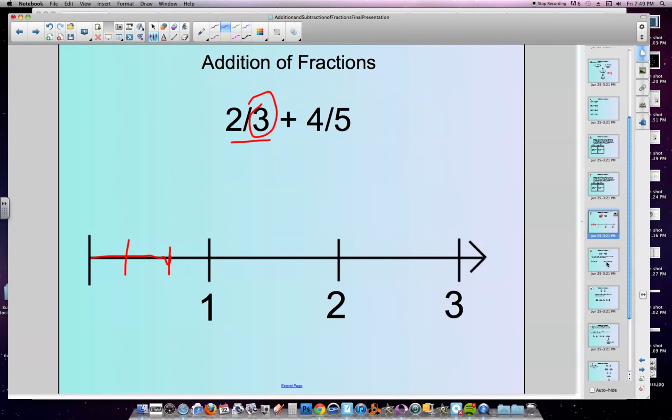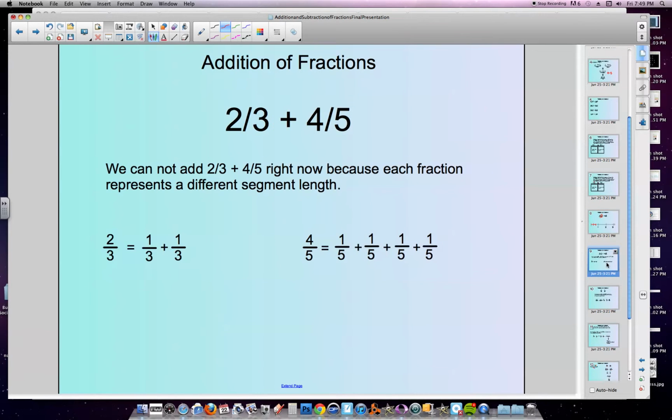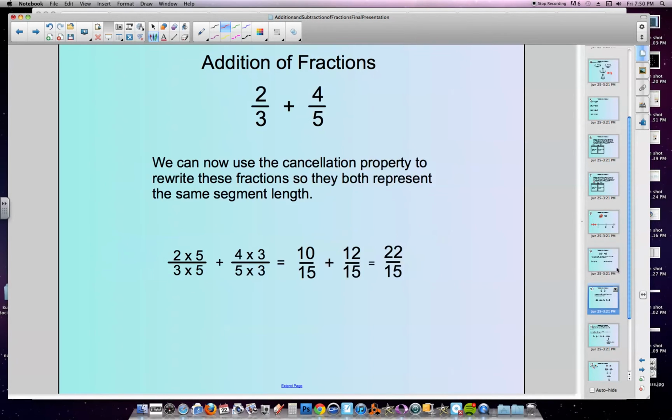So once again, just like with feet and yards, we need to figure out some way to convert them so that we're talking about the same distance. And so let's move on. What we could say, given the cancellation property of fractions, which is in the comparing fractions part 2 video, we know that 2/3, no matter what the coefficient is, if it's the same coefficient for the numerator and denominator, the fraction's still the same. So instead of saying 2 groups of 1 and 3 groups of 1,